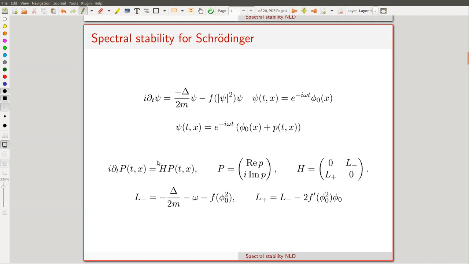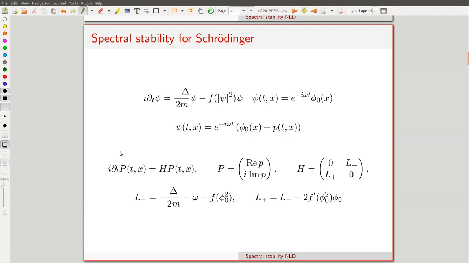So in order to have a nice problem, the usual thing to do is to organize the real part of P, a part that is purely real and a part that is purely imaginary, in a vector. And then after plugging this ansatz into the equation, using that phi 0 solves the equation, and throwing away everything that's at least quadratic in P,